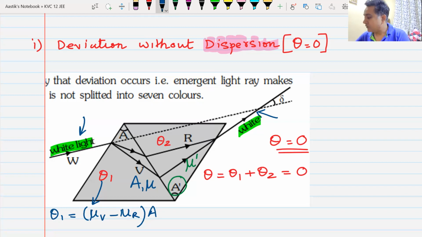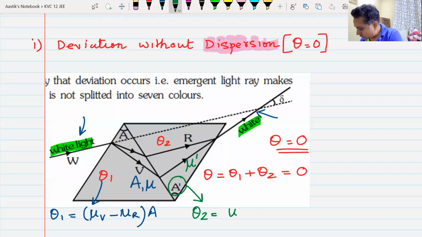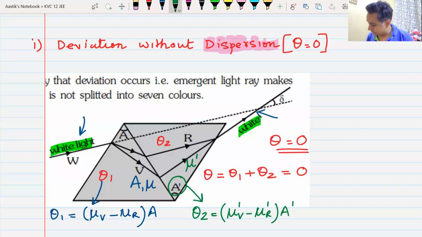What about theta 2? Theta 2 will be equal to mu dash V minus mu dash R, times A dash. Do we understand this? This plus this has to be equal to 0. From there, you can find out the relation between A dash, the prism angle of the second prism, and A,